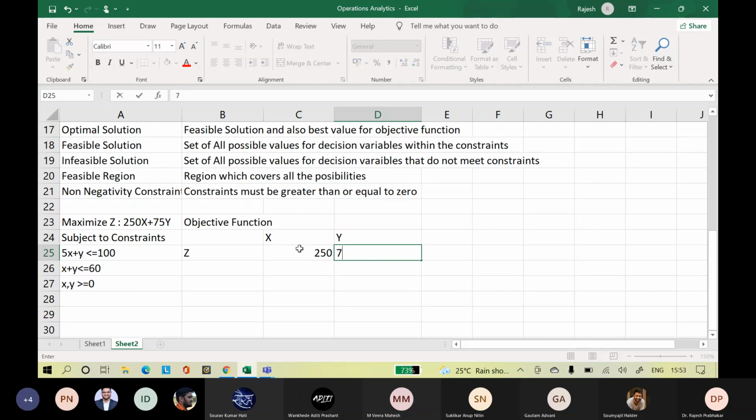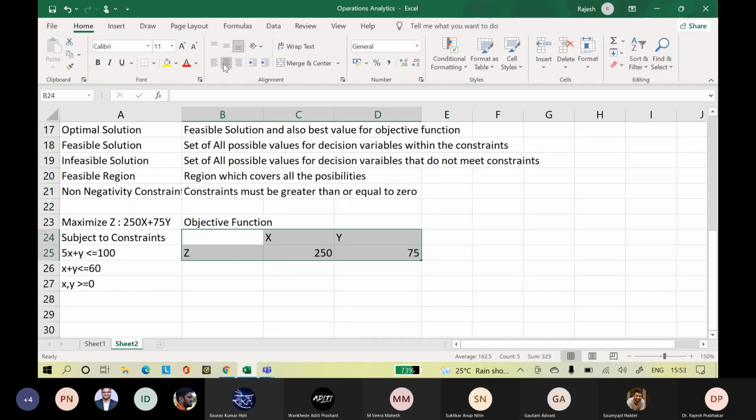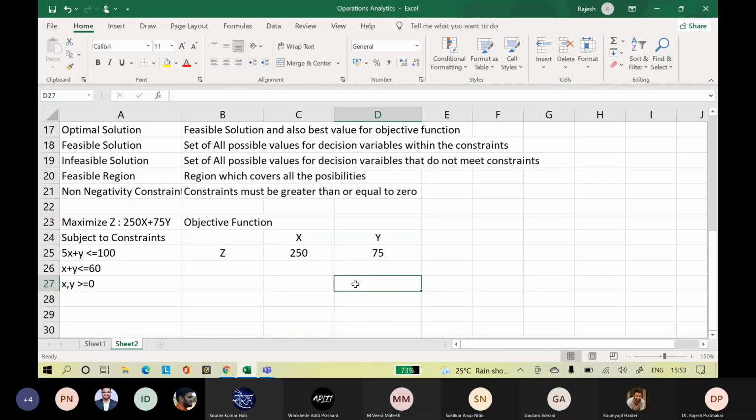What is the coefficient of y? 75. So objective function z is 250x plus 75y.